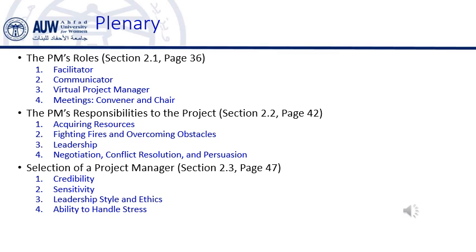Managing stress and maintaining ethical behavior are important factors that ensure the PM stays focused, maintains trust, and leads the team to success, even in difficult situations. All of these factors are interconnected. For example, a PM's ability to manage stress is directly linked to their leadership and communication skills. A credible PM is more likely to handle stressful situations with calm and clarity, and their ethical behavior helps ensure that the team remains motivated and aligned with the project's goals.